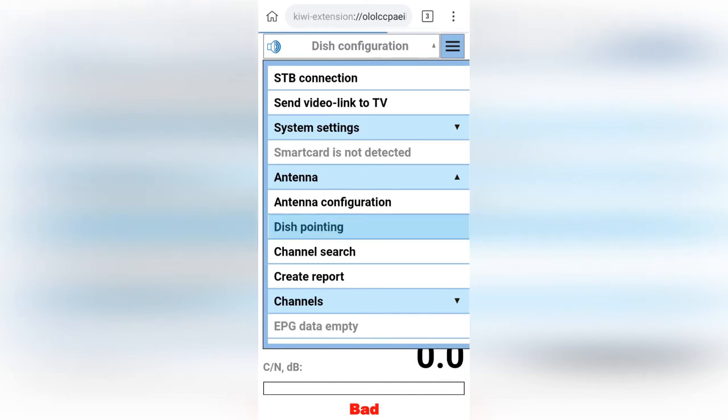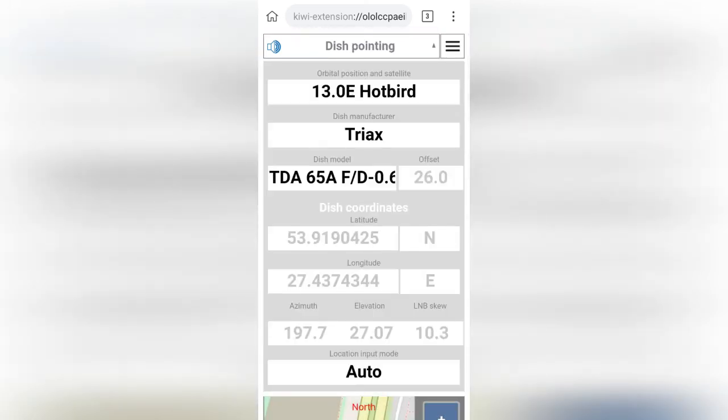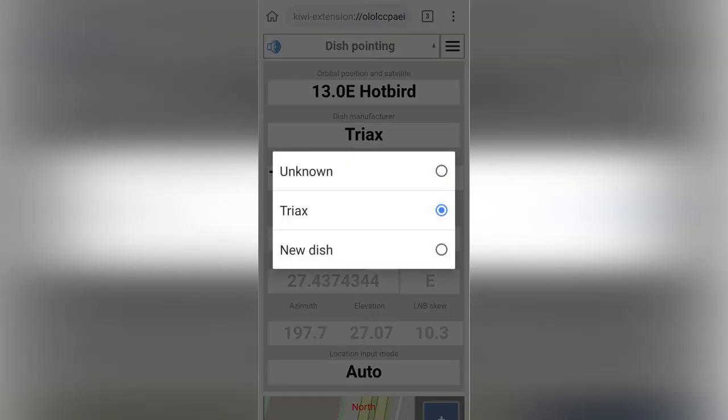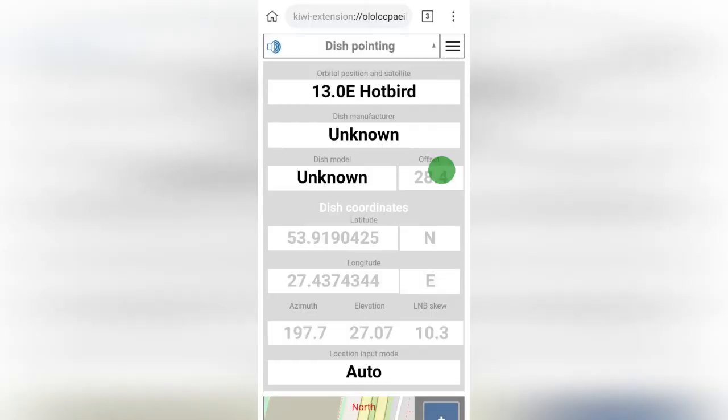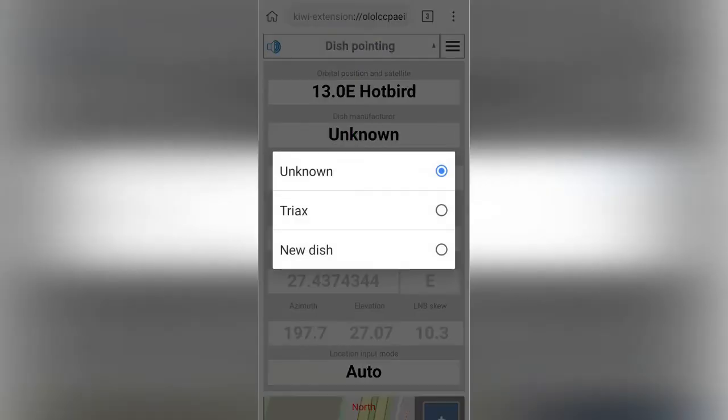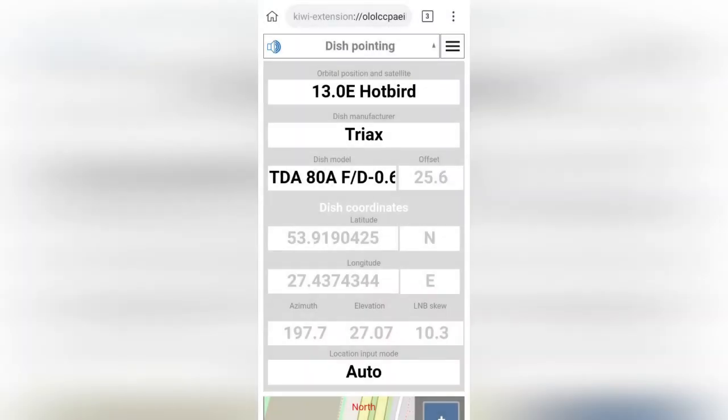Go to the dish pointing. We can confirm that the manufacturer and the antenna model are now both added.